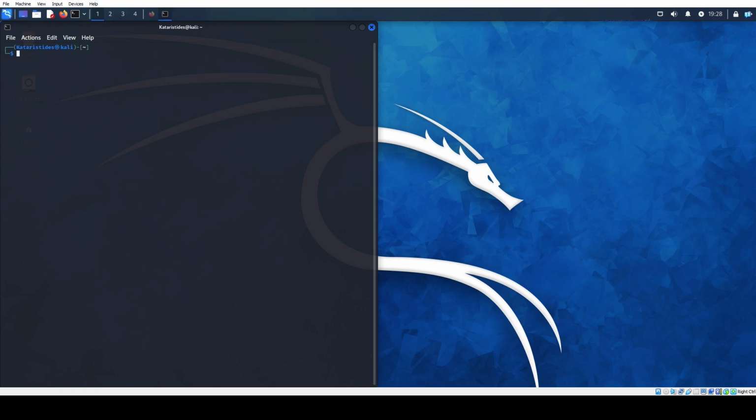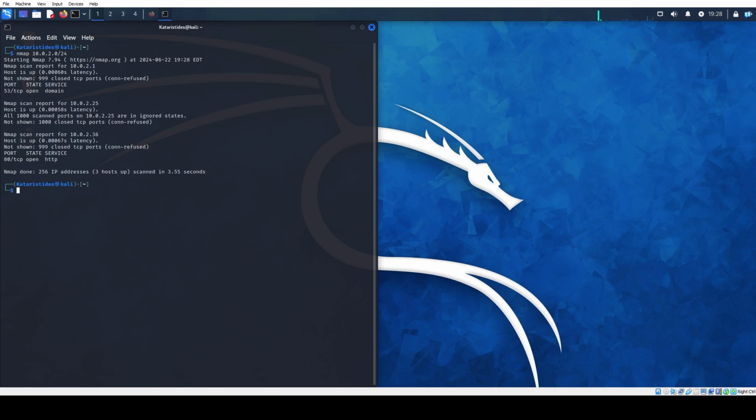Let's get started. First things first, let's find our target machine. Use nmap to scan for all hosts on your network using the command nmap and then your IP range. In my case, that is the 10.0.2.0 network with the /24 indicating a classful subnet mask. In other words, scan for hosts on every IP address between 10.0.2.0 and 10.0.2.255. With that done, we see our target machine at